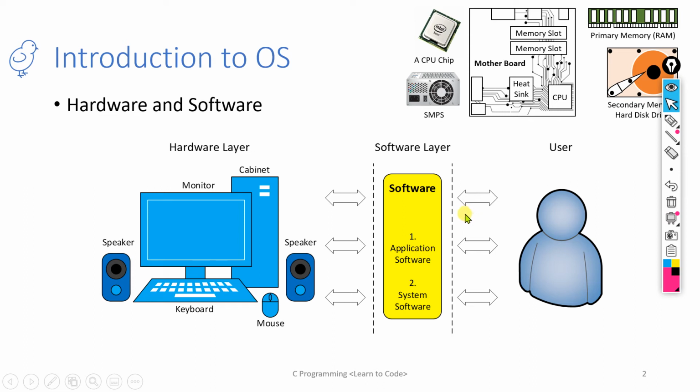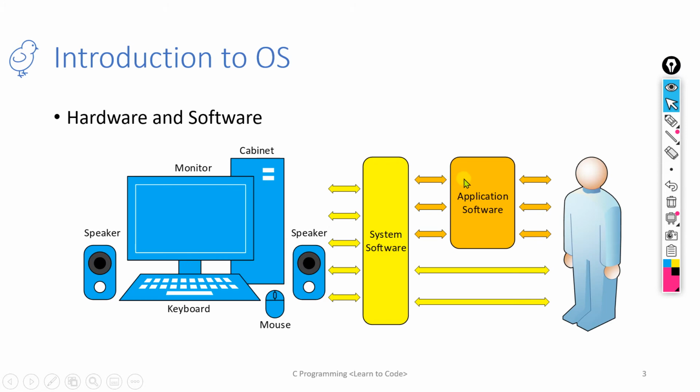Now let us go slightly deeper. In this software layer, there are different types of software. To help you understand, I will go to the next slide. You can see I am drawing the same figure, specifically showing application software and system software in a two-layer mode. Why is it system software, and why application software? It can be easily understood with a simple example.